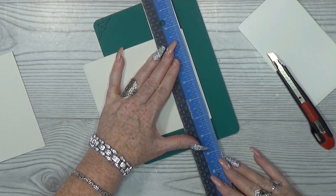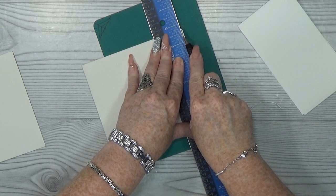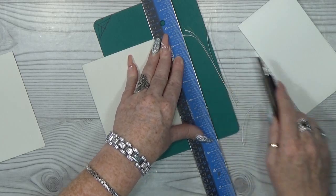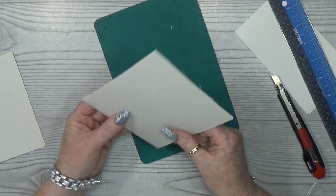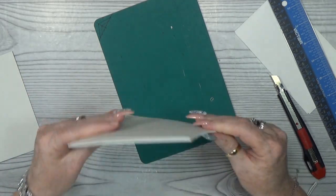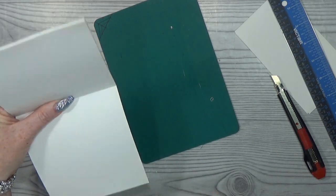So your booklet, your little diary is nice. There we go. Clean this all up. Alright, so the next thing that I like to do is open this up and put some